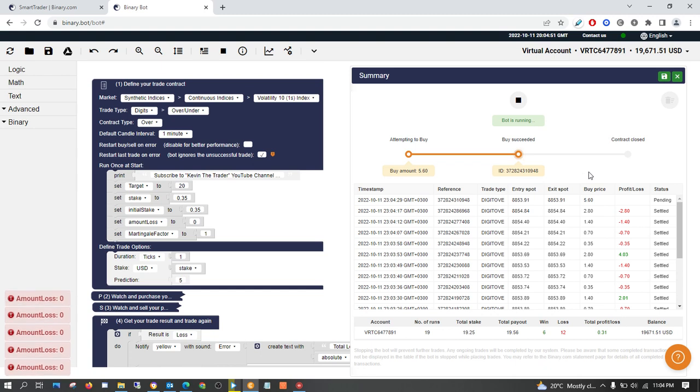That is a loss. It is taking a lot of time.